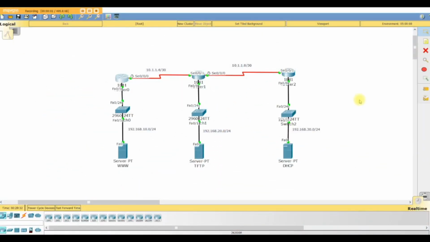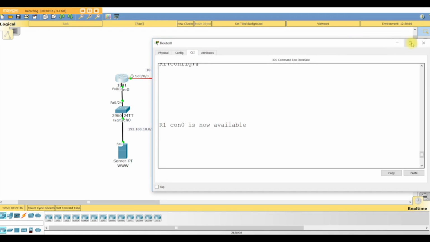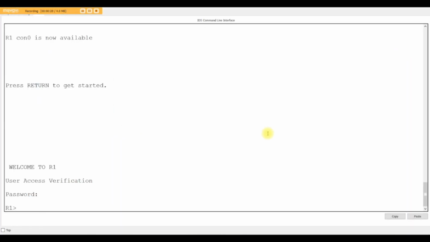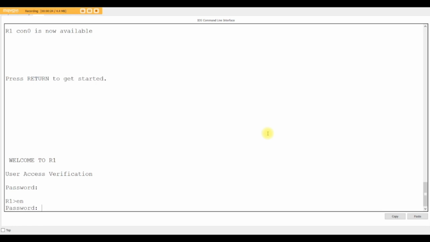And here we are again inside a lab, but now you can see this lab is different. Now we have 3 routers, 3 switches, and all different types of servers. Now we have our basic administration commands, and we'll go into router 1. Let's go ahead and maximize that. We hit enter and just type in Cisco. We don't have the username and password, so we didn't say login local. And this would be student,